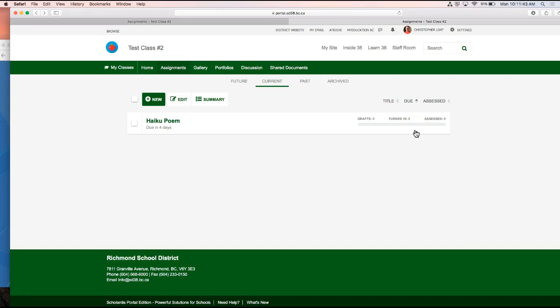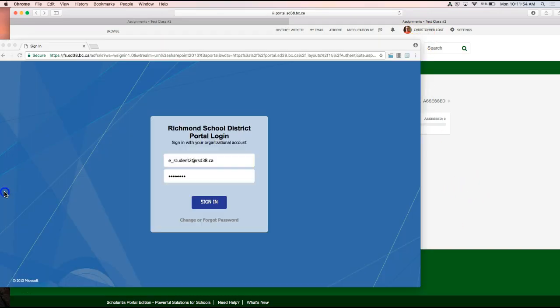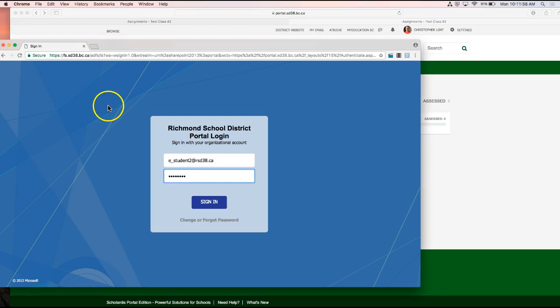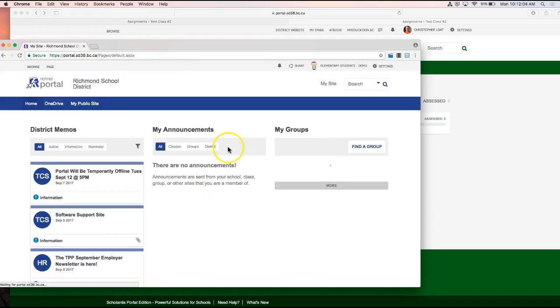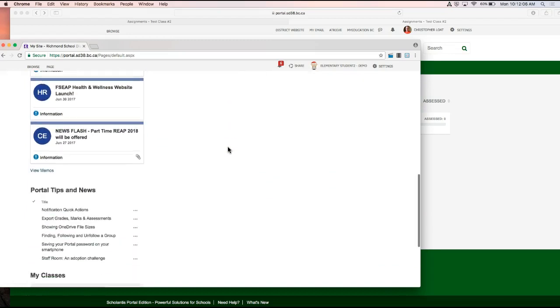So to show you the student view, I'm going to log in with a different browser. As a teacher, I've logged in using Safari, but with the student view, I'm going to go into Chrome, and I'm going to log in as my fake student in Chrome and look at that view, just so I don't have to log in and out all the time. And so here's the student's portal,